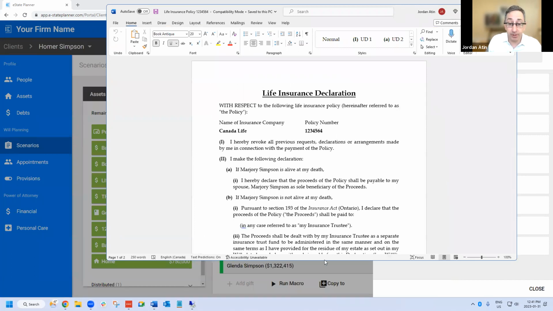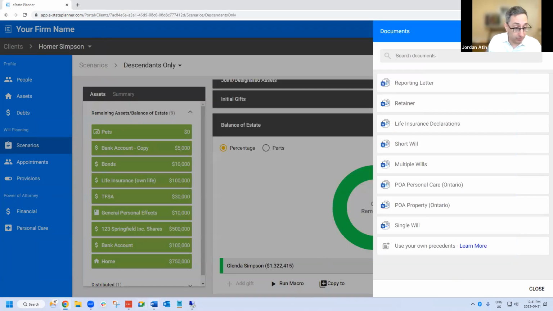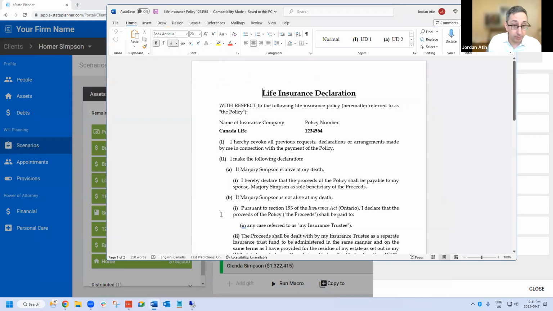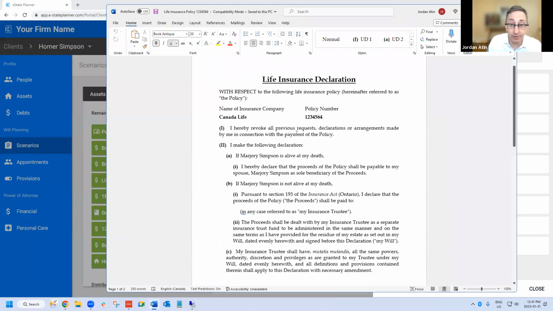And so this is your typical life insurance declaration. Just call that back up so you can see. And this is how eState drafts it. It does one for each policy. So if you had 3 policies all going to the same people, we do one for each policy so that it can be shipped to the proper insurance company if they're different insurance companies, et cetera. And there's a separate designation for each policy.